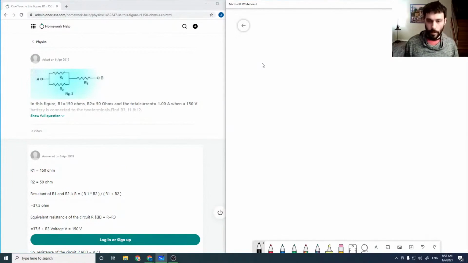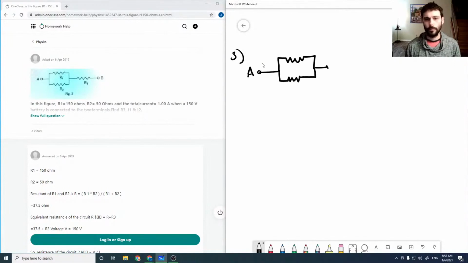So for the third one here, I'm going to do a couple circuits. So we've got A, and I'm just going to draw it and then fill in the extra information. So we've got R1, R2, and R3. And it says that if A is connected to B,